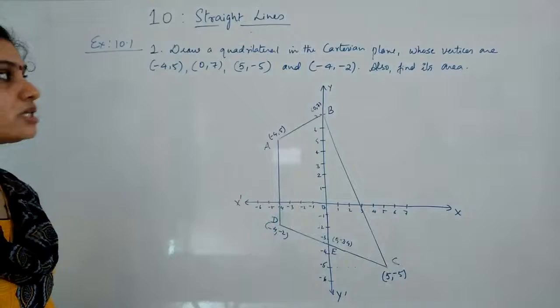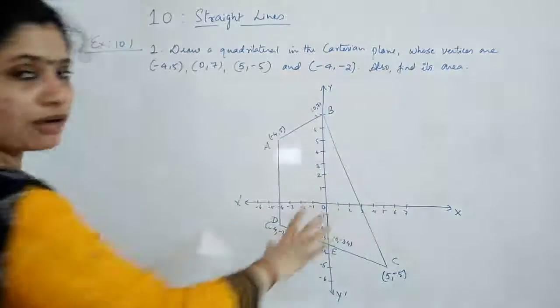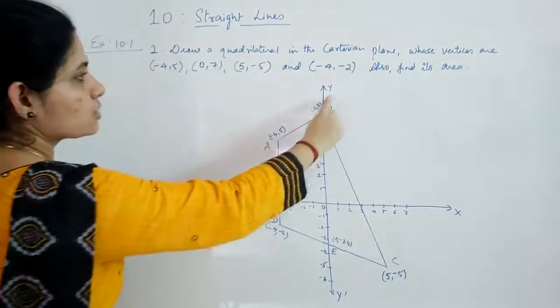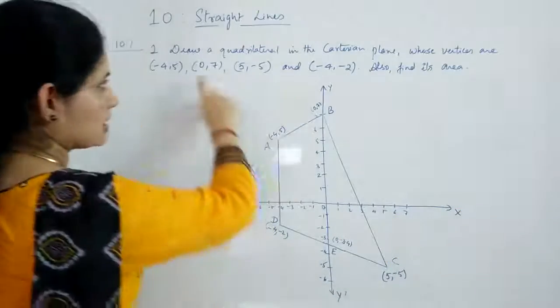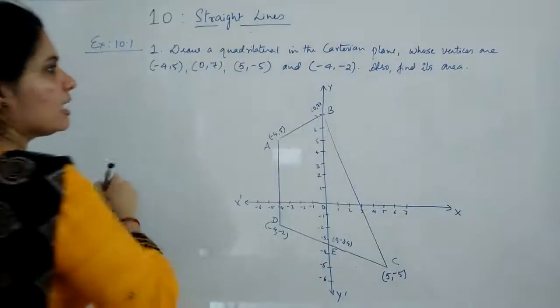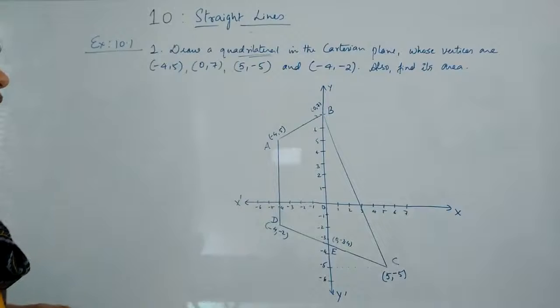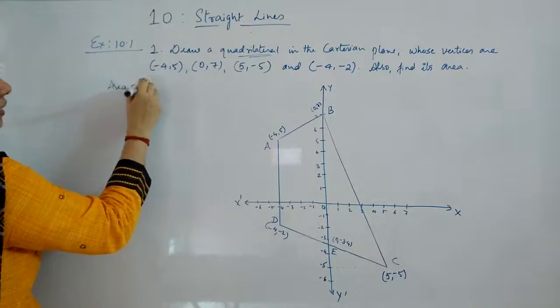That is, the area of the required quadrilateral. Okay, so first we are drawing. We have just taken the graph paper and plotted the points (-4, 5), (0, 7), (-4, -2) and (5, -5) and joined all the points so that we got the quadrilateral. Now the question is, you have to find out the area also. Now to find out the area of the quadrilateral,